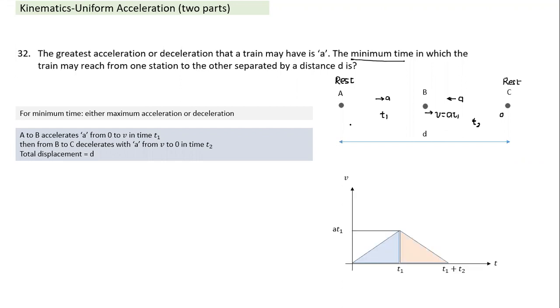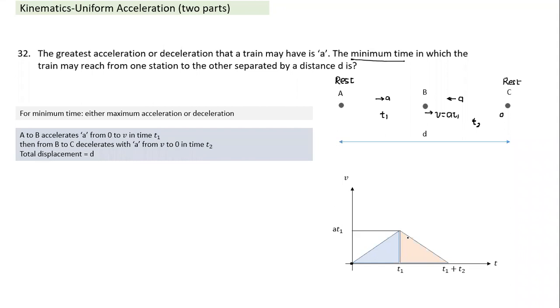If I represent this kind of question in the form of a graph, I feel understanding the graph makes it a lot easier. Whenever there's a constant acceleration, the v-t graph is a straight line: acceleration is a positive slope, retardation is a negative slope. So if I draw a curve here, from a state of rest, initial velocity 0, up to t1, it will have a constant slope equal to a. Hence, at time t1, it has velocity at1. The blue area under this curve indicates the distance traveled during the acceleration phase.